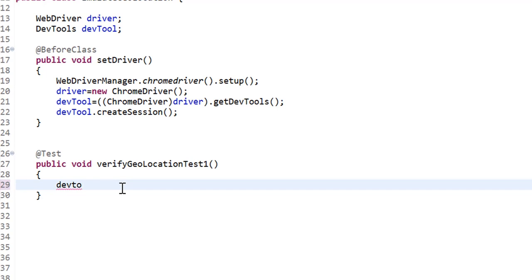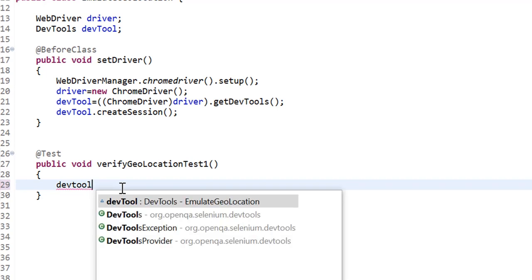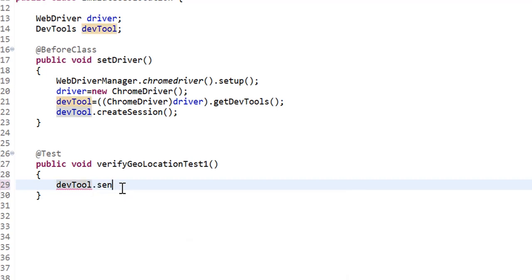We are going to use DevTools for emulating the geolocation. Then we have to use devTools and send some commands.